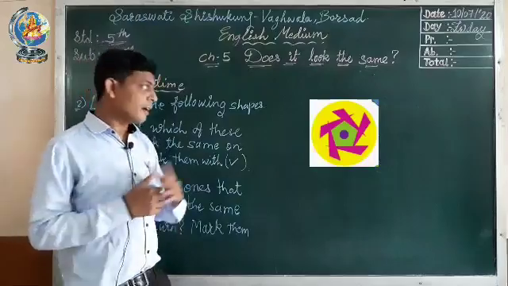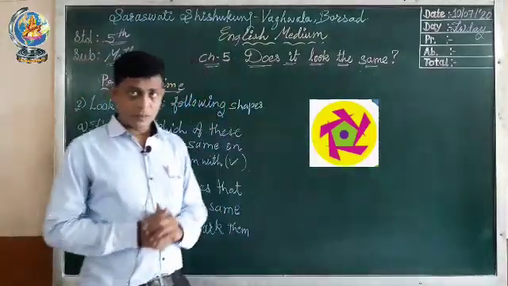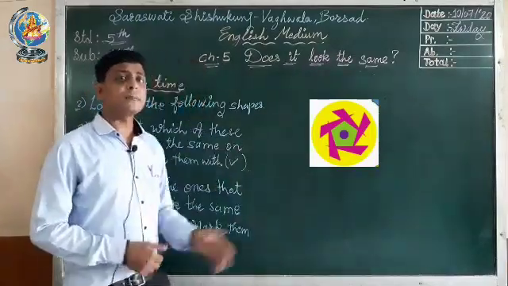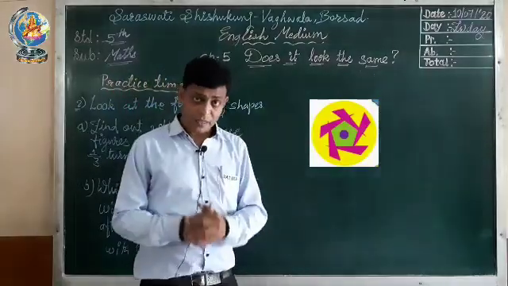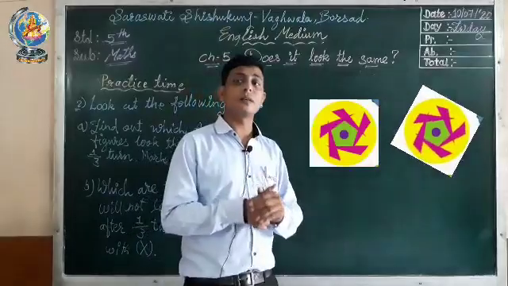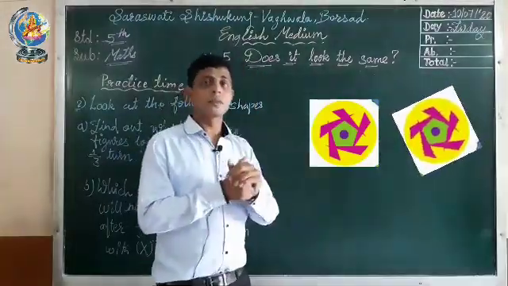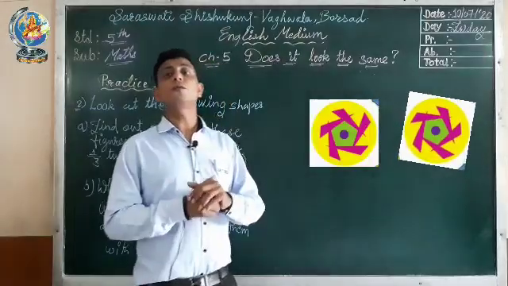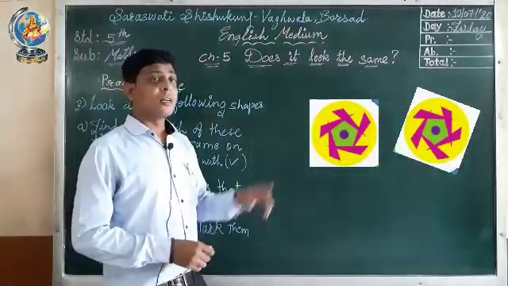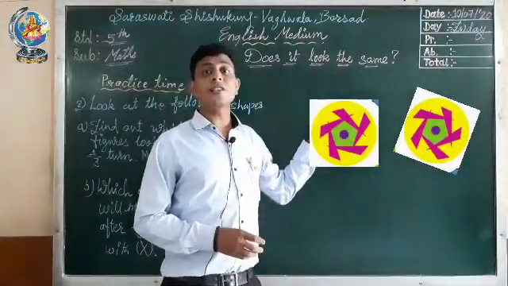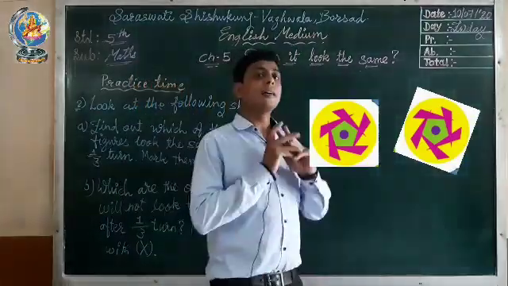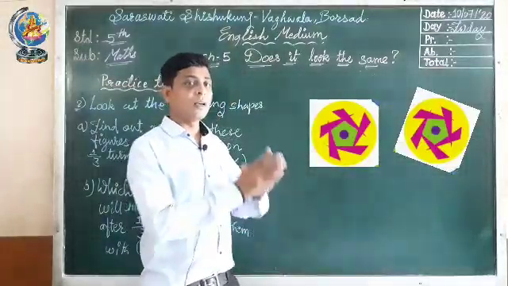Third number figure, now you can see the third number figure. It is designed. Now when we rotate this figure into 1/3 turn, whether it looks the same or not, let's see. Now I am rotating this figure into 1/3 turn. You can see in the picture. Does it look the same? No, it does not look the same. Why does it not look the same? Because the shape of the pentagon is changed. That's why the figure is not the same.